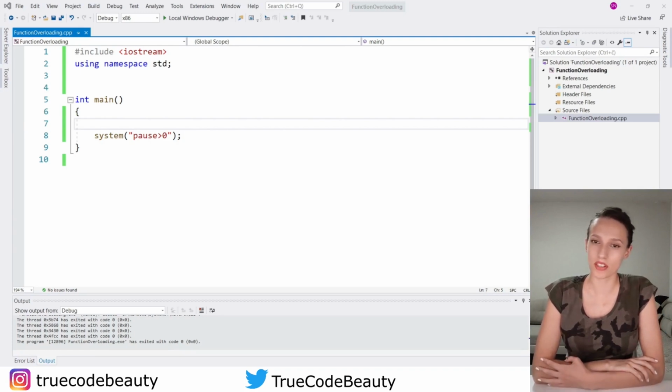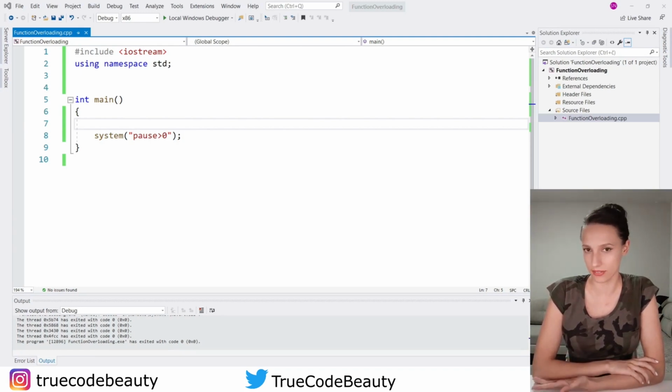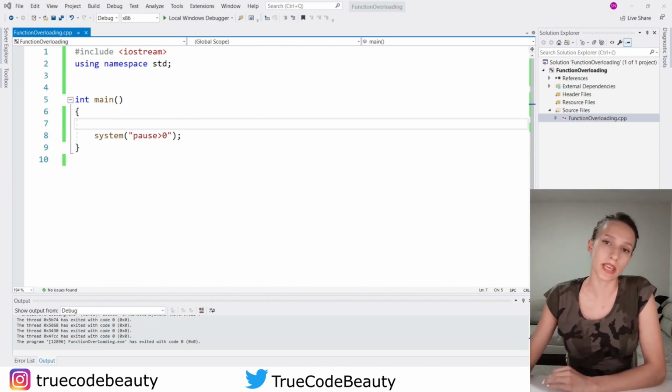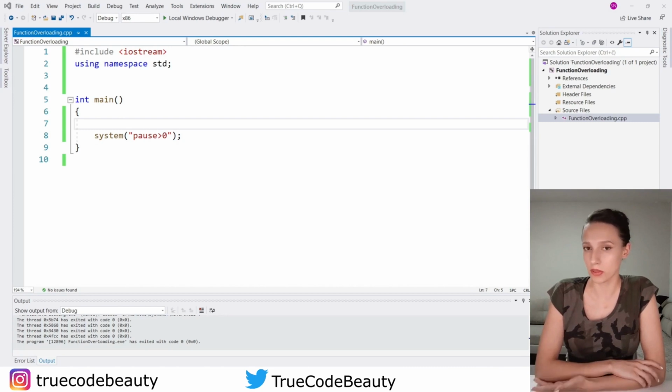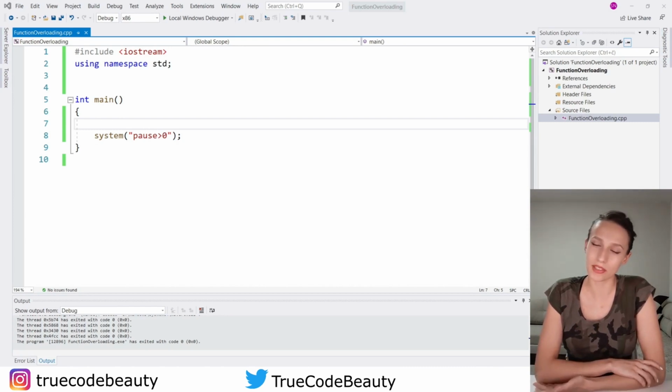And in this video I want to talk about a concept that is related to functions, which is function overloading. I want to first explain what function overloading is. It means that you can create multiple functions with the same name, but those functions are going to have different